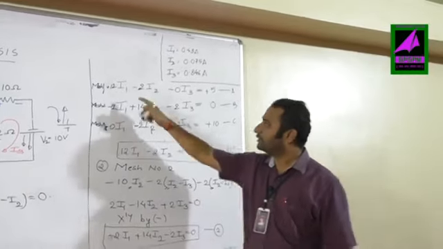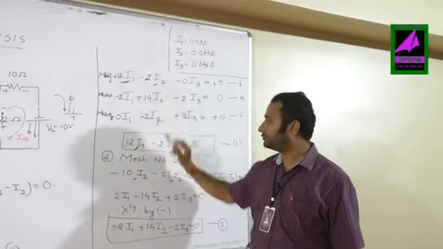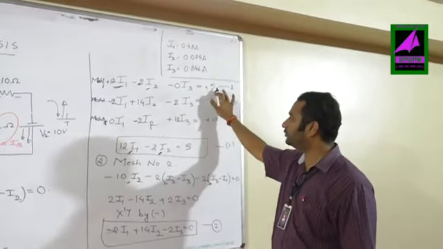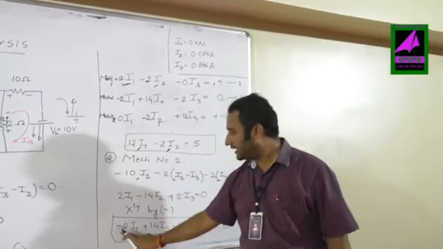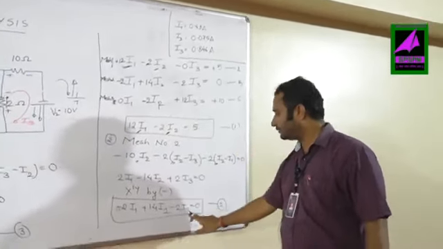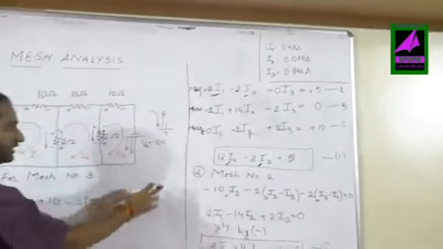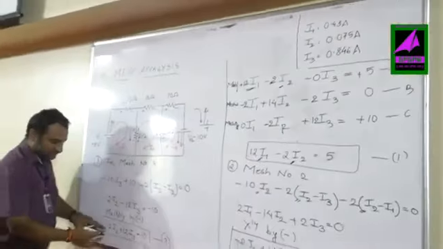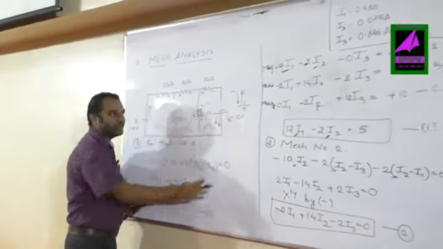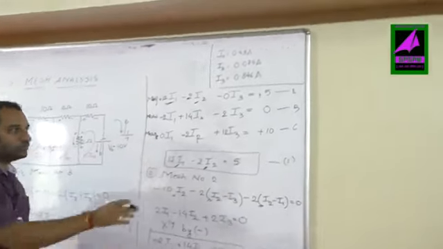Try to check it out. It is 12I1, here also it is 12I1. It is minus 2I2, it is minus 2I2. There is no I3 because 0I3 is 0, here also it is 0, equal to plus 5, equal to plus 5. Minus 2I1, minus 2I1, plus 14I2, minus 2I3 is equal to 0. This is equation number 2 and B. Similarly for equation number 3, if you look at it here, 0I1 means that there is no I1, here also we don't have any I1. It is minus 2I2, here I have got minus 2I2. Here it is plus 12I3, I have also got it as plus 12I3 and is equal to plus 10, this is equal to plus 10.